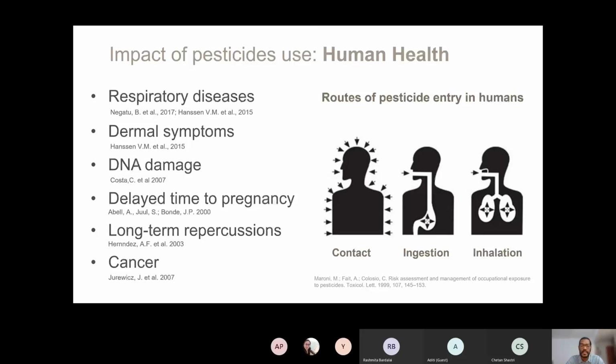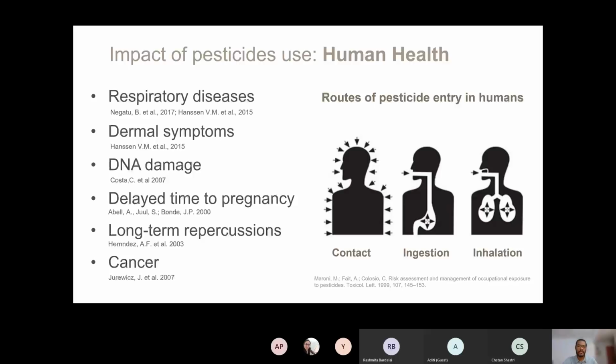But on the contrary, excessive use of pesticides on a commercial scale is also harmful to humans. The harmful effects of pesticides have been well documented by researchers, and for human beings who handle pesticides on a daily basis, which is largely pesticide applicators working in the fields, farm workers,